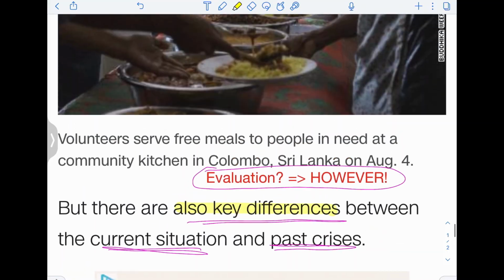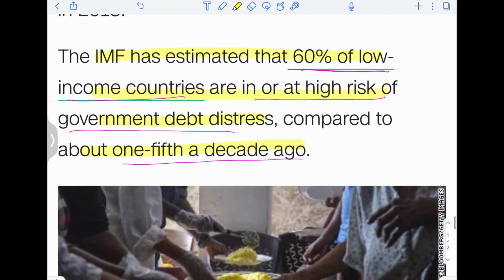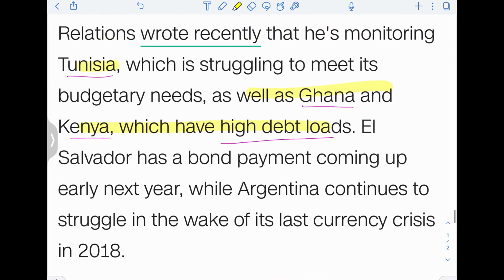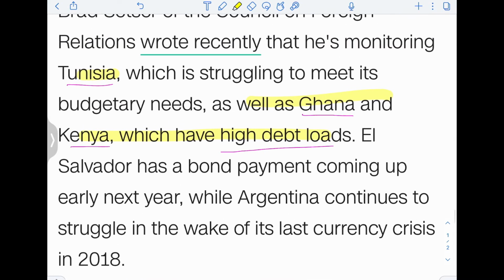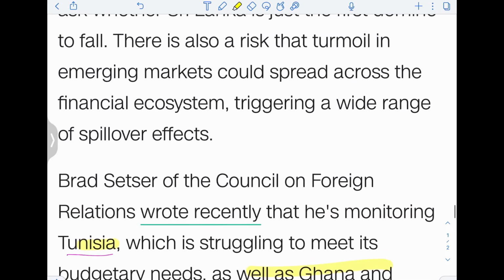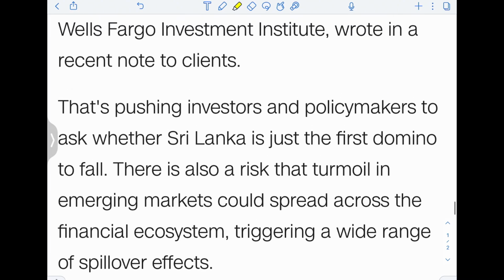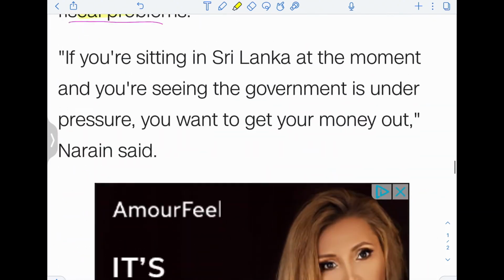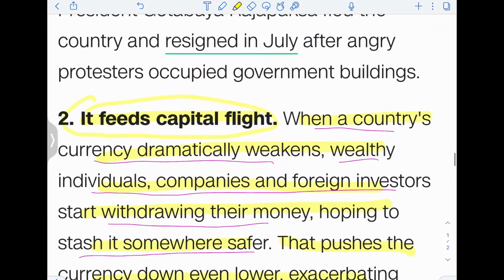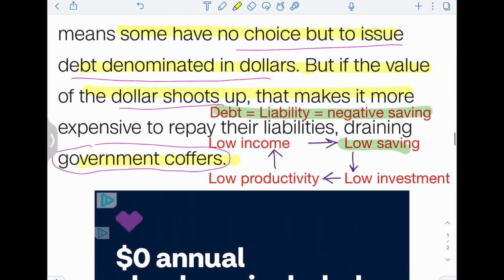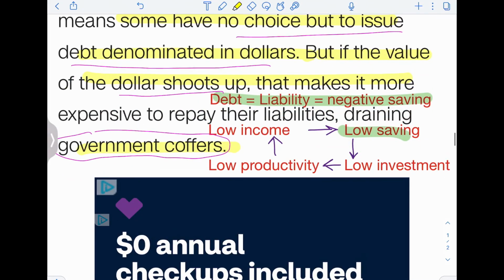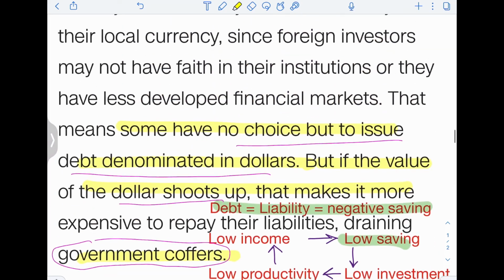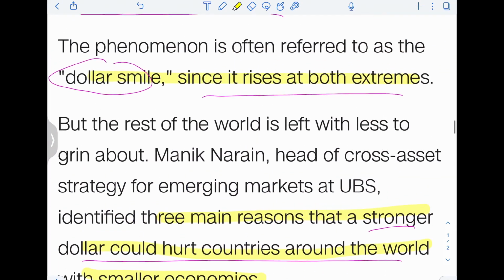There's an appreciation in the US dollar because many of the world's economies are facing recession, and that's causing the US dollar to appreciate, which increases the cost of production for many small businesses that cannot afford to buy their essential imports. At the same time, many smaller economies, LEDCs, are being locked into this cycle of debt, which makes it harder to escape the